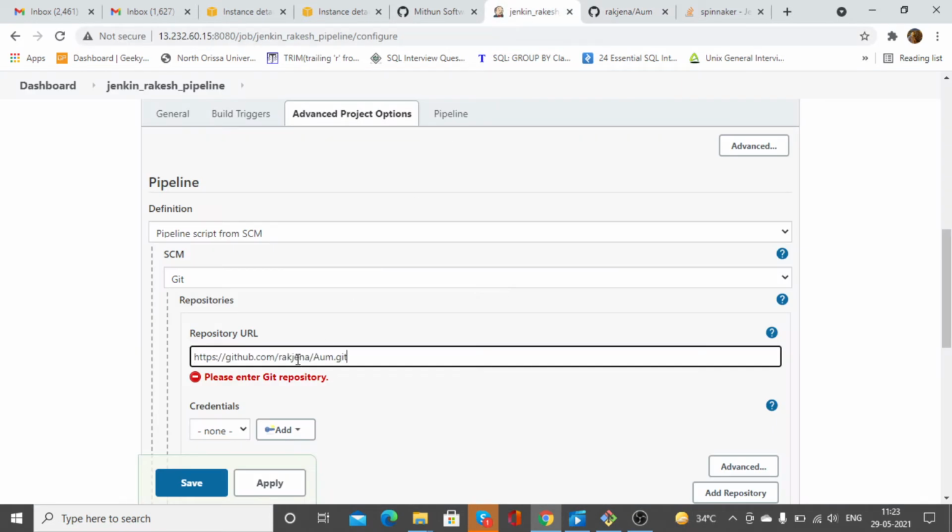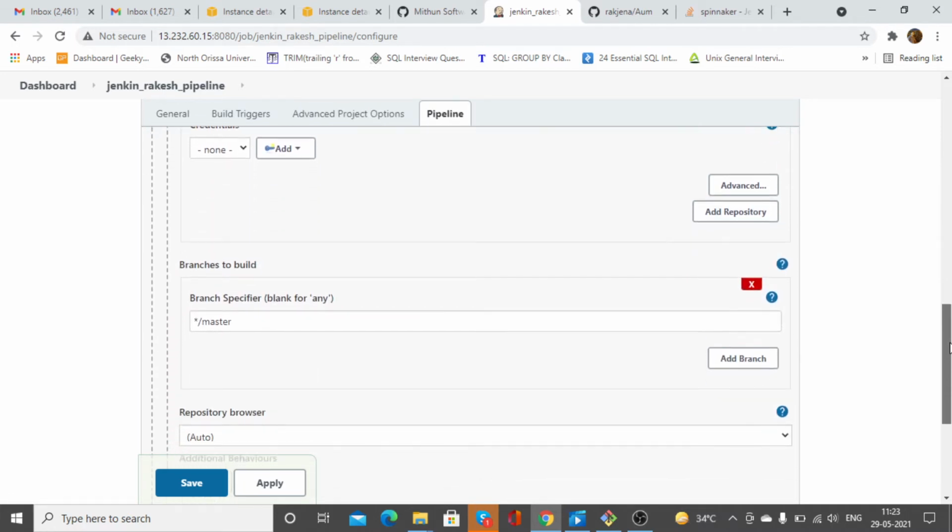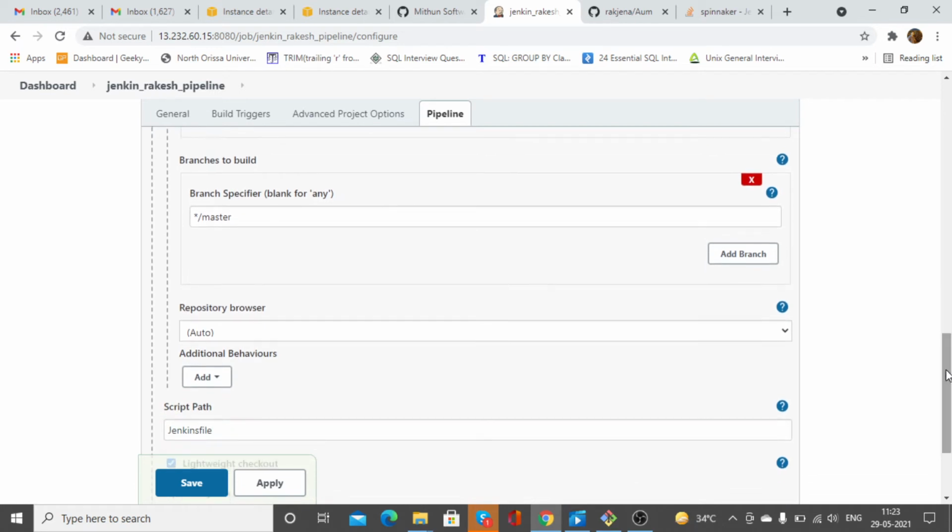So paste it here. See, now it is showing please enter a git repository. So after copying this URL for the git repository, you will see that the red line has vanished. Go down a bit, as our branch is master, so no need to change anything here.